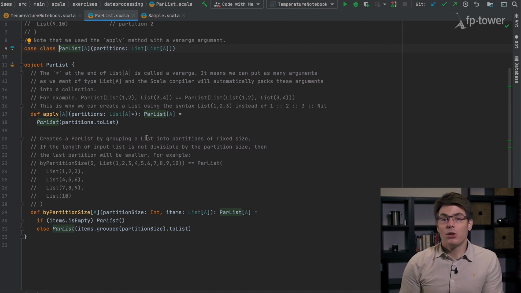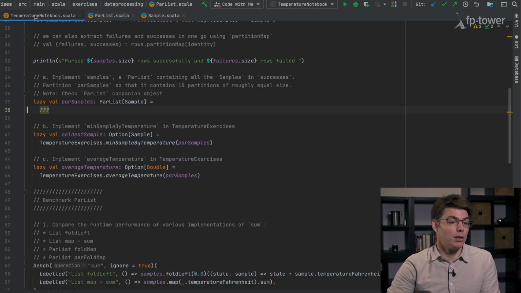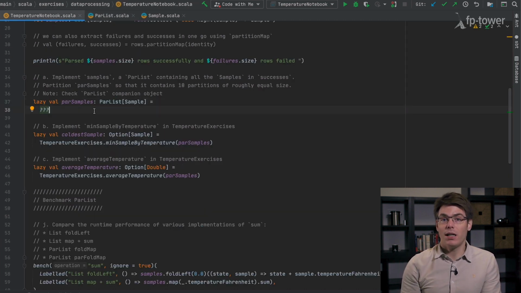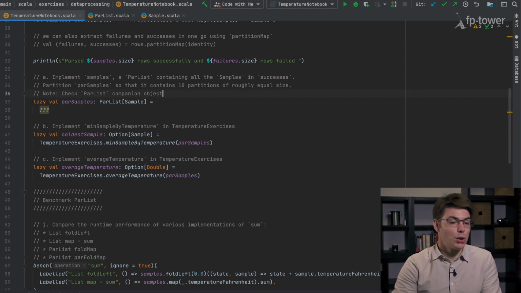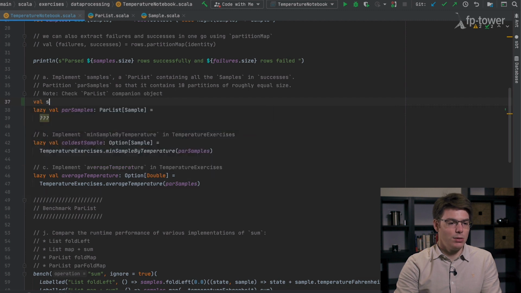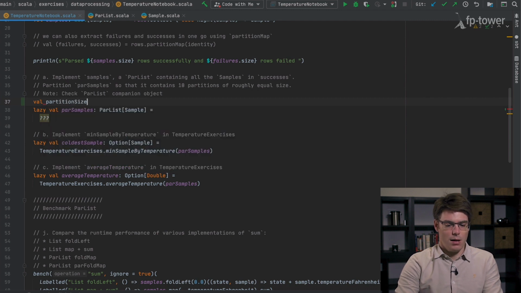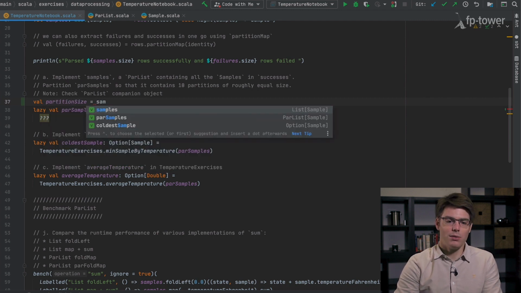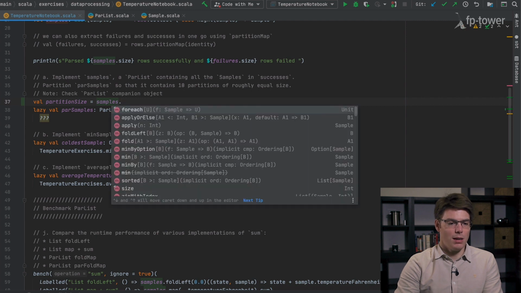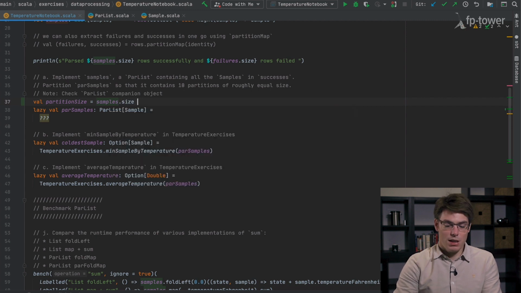So it seems that this method could be appropriate to calculate parSamples. But then we will need to know the partition size so that we end up with 10 partitions. The straightforward way to do this is to take the current list of data, look at its size, and divide it by 10, which will give us an int because it's an integer division.